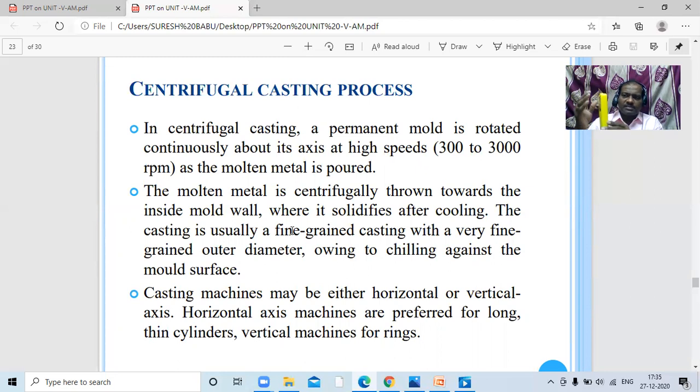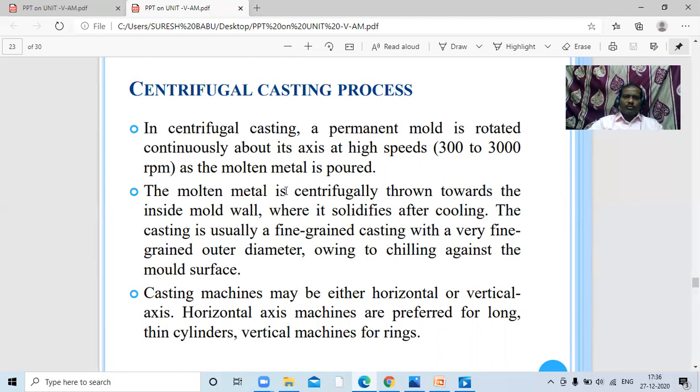While rotating, we pour the molten metal from this end, and the other end is stopped. On this surface we provide a medium such that it is chilled. That means it is cooling the molten metal that enters this mold box. So try to understand, this is chilled when it makes rotations.